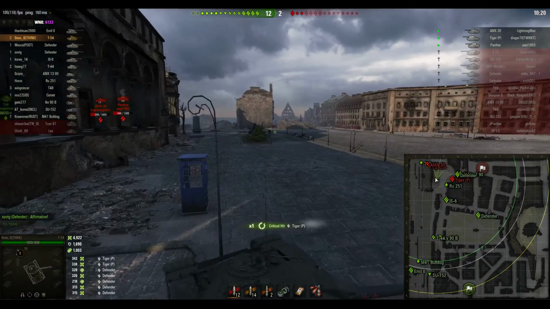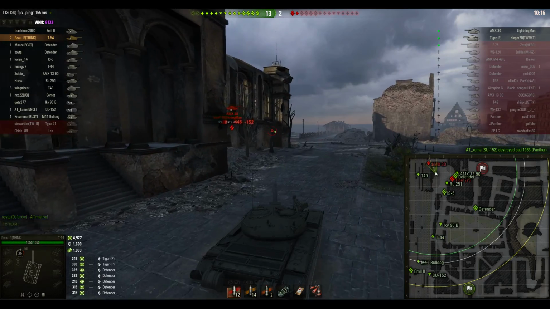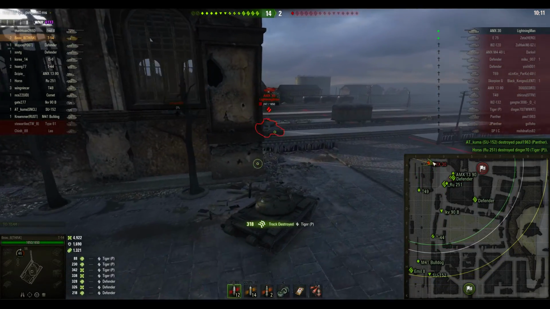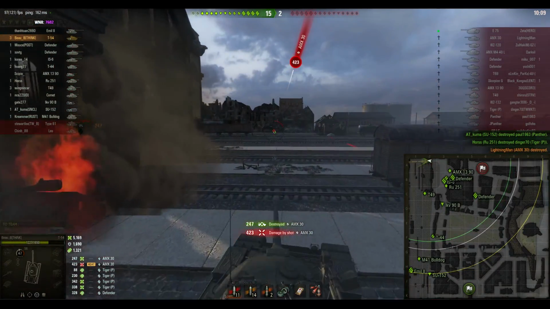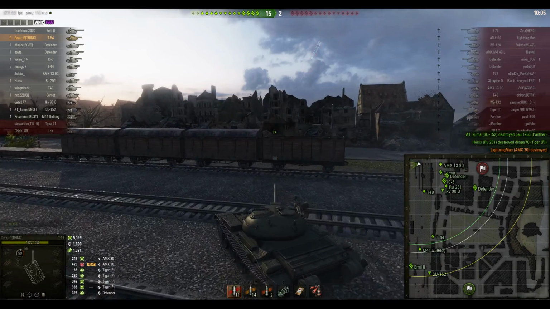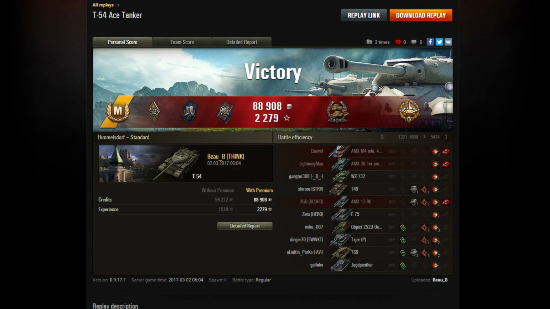As he turns back around, aims, shoots and tracks him, so he should get some assisted damage by tracking the tier 7 German heavy tank as well. He does, and one shot into the AMX 30 is enough to kill Lightning Man, carrying at the back. 3 kills for Beau B from Think Clan on Himmelsdorf, as we have a very quick look at the post-game